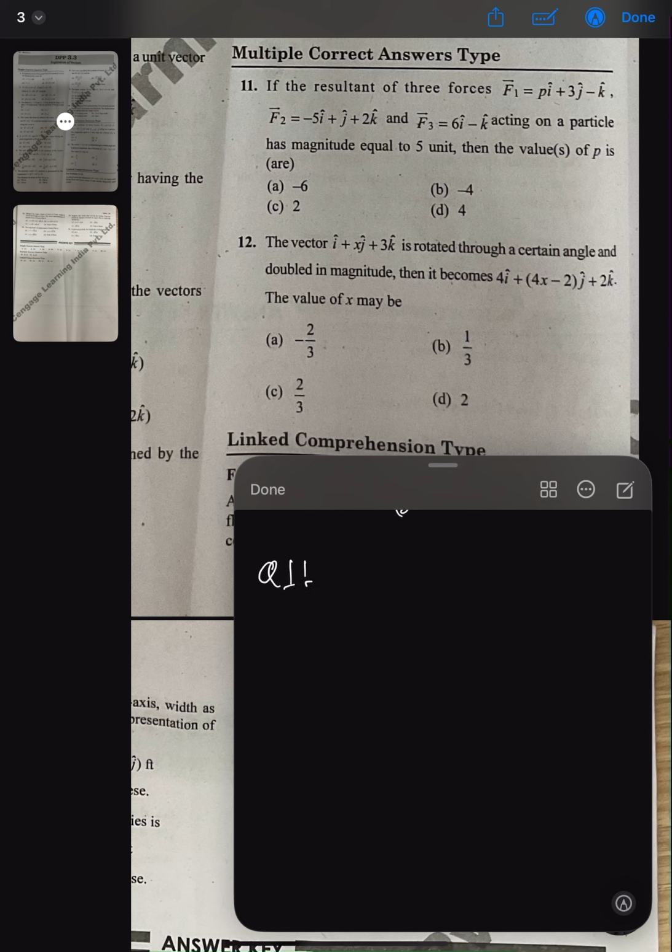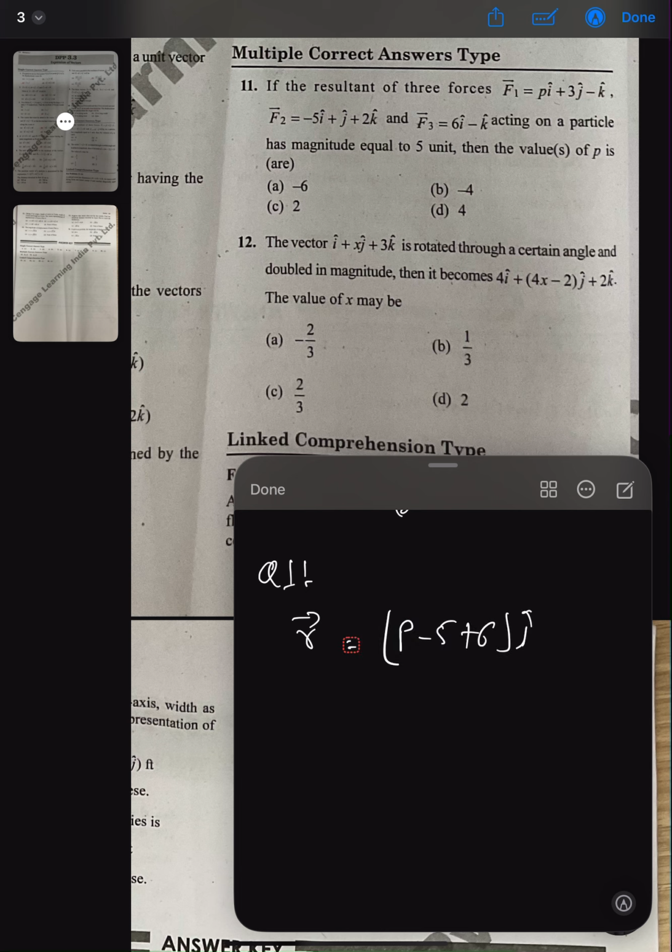If the resultant of three forces acting on a particle has magnitude equal to 5, the value of P is? Very simple question. Find the resultant. The resultant will be P minus 5 plus 6